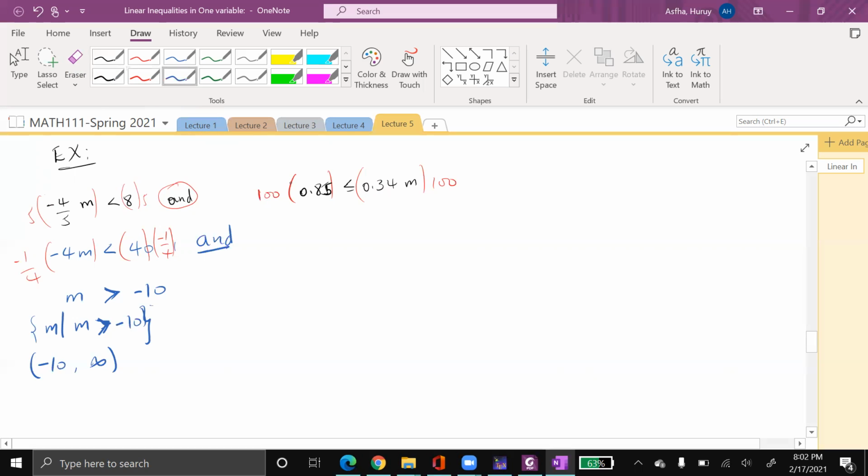And 100 times this one, we get 85. Now remember, this is positive, so this is not affected, and this is 34m. And again, we multiply this one by 1 over 34, 1 over 34, and what do we get? This is 85 over 34, that's equal to m, which means this is the same with m is greater than